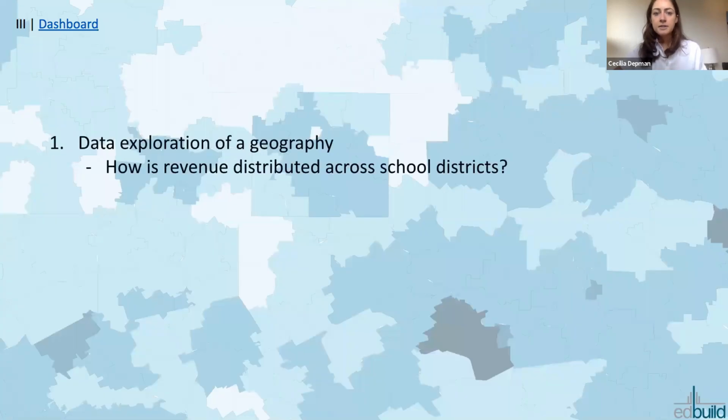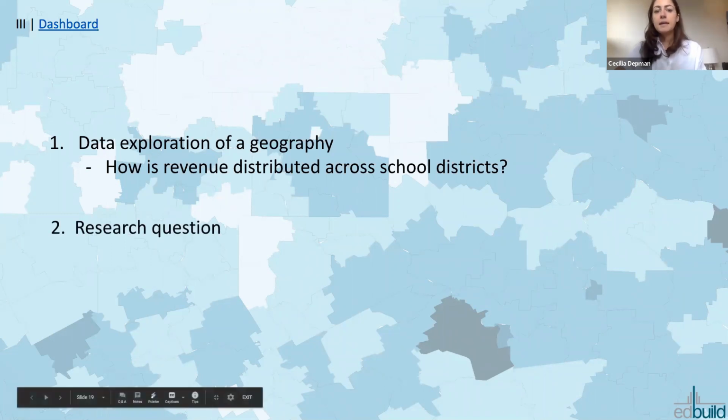So the first thing we're going to do is a general exploration of a geography. There are a lot of elements in the dashboard, and I would like to highlight some of the more interesting features that you can use to learn how school districts are distributed generally in a state or a region that is important to you. The next thing we'll do is more of a case study and use the dashboard to